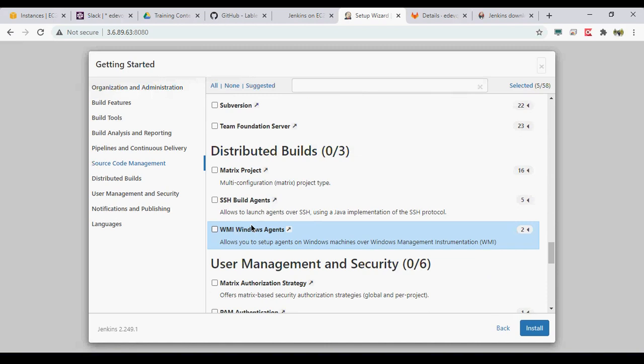Then there are distributed builds, if you want to run on different machines. If we get time, I will also show you how we can run a build on another machine. Let's assume you have a Linux machine running your Jenkins environment, and you want to build a Windows exe. That cannot be done on your Jenkins machine, so you need a Windows machine, and you integrate it with your Jenkins as a Jenkins slave.